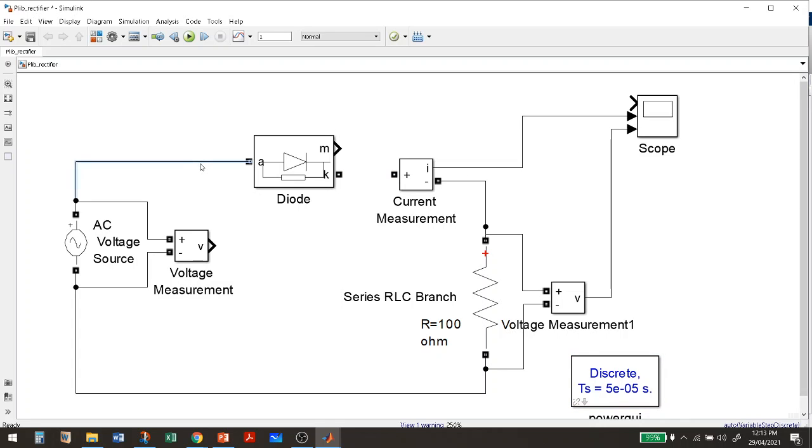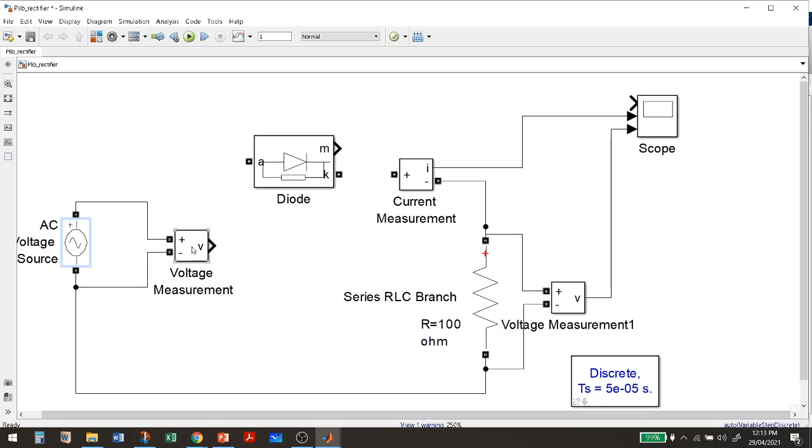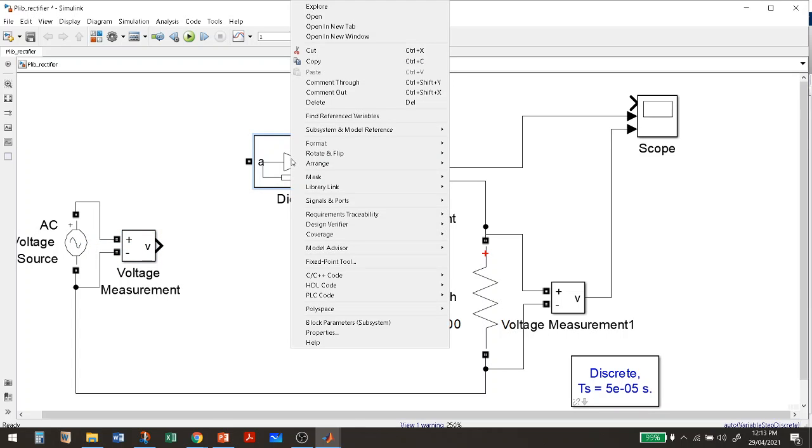Let me remove this connection, and just right click on this diode. Rotate it. We need 4 diodes here.